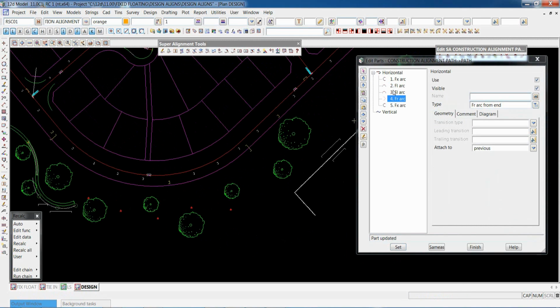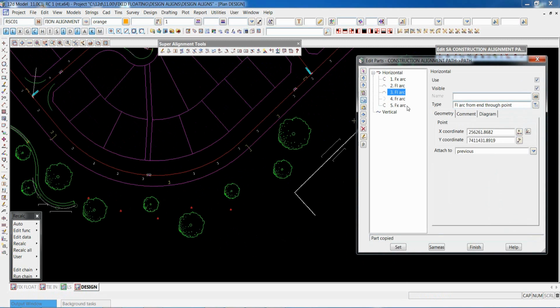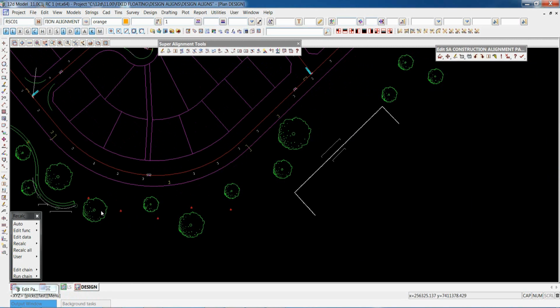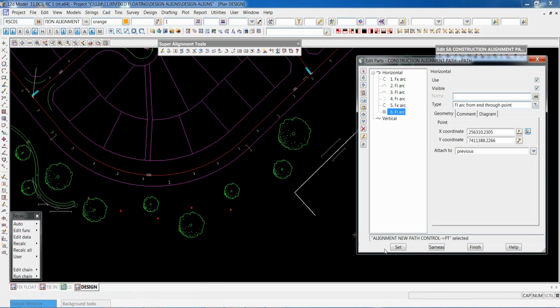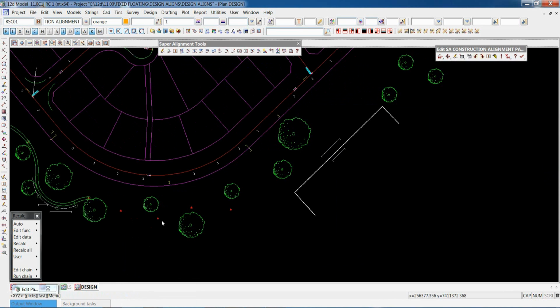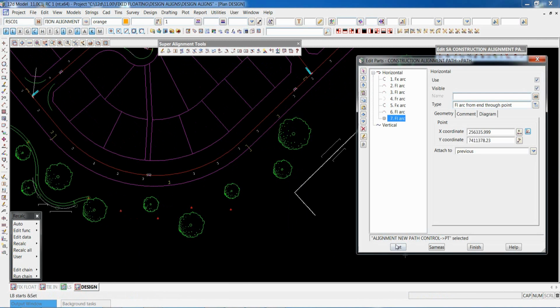So again, we go back onto the floating, copy, and simply paste. We can pick the points, and start to make our way around through here, just putting in floating curves and doing very much a free-form design.